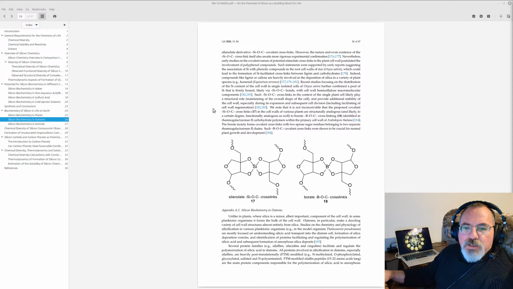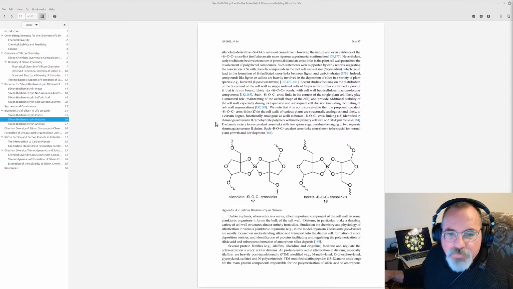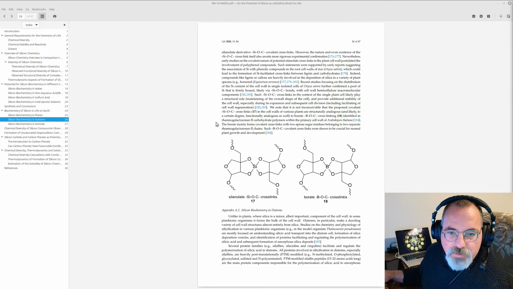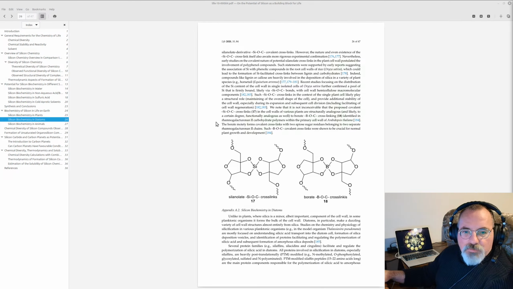We note that it is not inconceivable that the proposed covalent silicon-oxygen-carbon crosslinks in the cell walls of various plants are structurally analogous, and likely to a certain degree functionally analogous as well, to borate, boron-oxygen-carbon crosslinking, identified in, how the heck do I pronounce that? Rhamnogalacturonan? Rhamnogalacturonan. Carbohydrate polymers within the primary cell wall of...